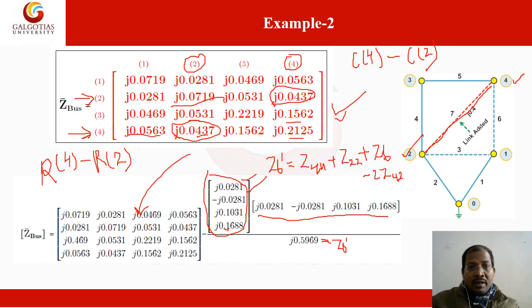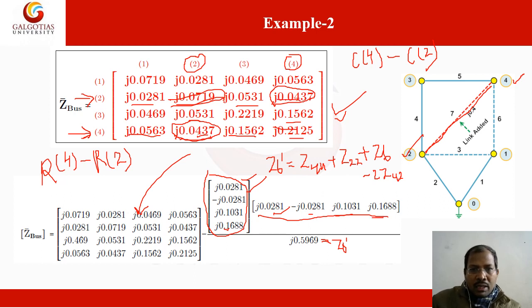So we are getting it row wise. This element subtracted from these elements, we are getting this value. These elements are subtracted from these elements, we are getting this value with a minus sign. And these elements are subtracted from these elements, we are getting this value.